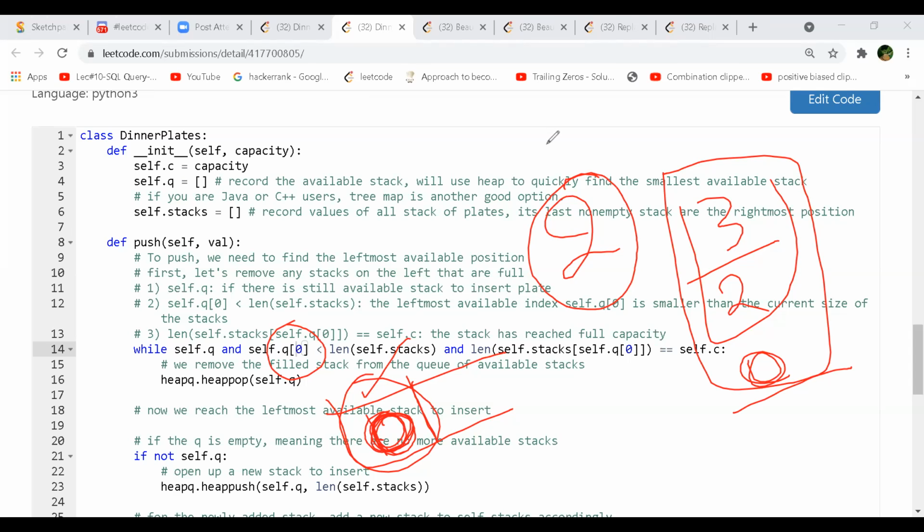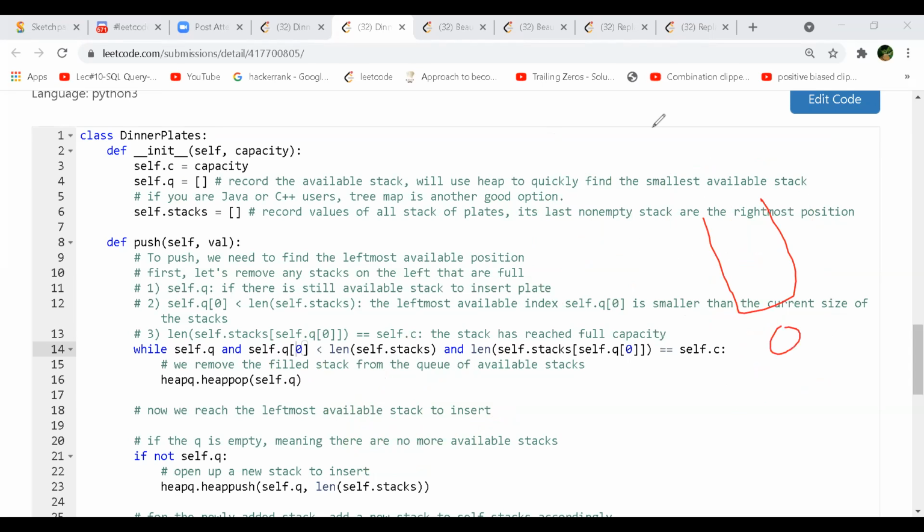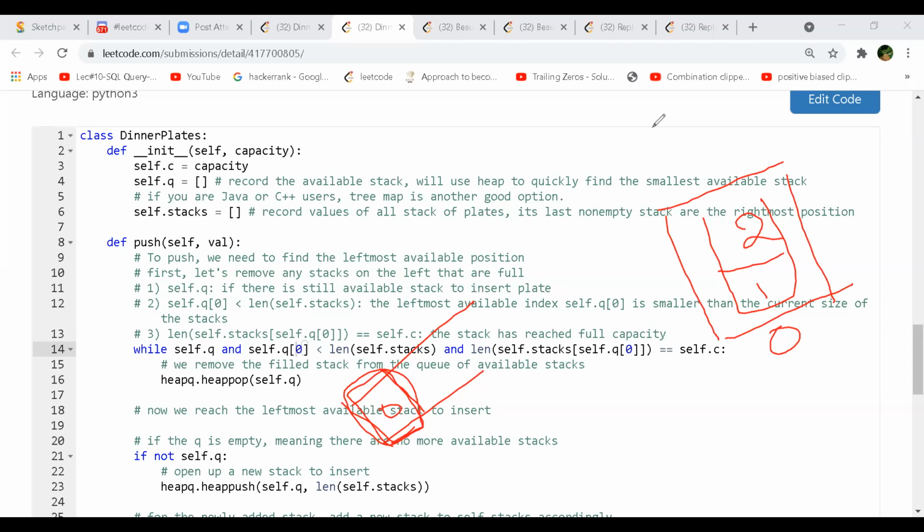I didn't get this. Wait, let's go from the beginning once. This is the initial zero stack, and this is my queue. So I pushed element one into this, and I pushed the stack number here. It's correct till now, right? Now you'll push two here, right? Shall I push this zero again? I won't be pushing anywhere, right? So how will you know that the first element of this is equal to the length of this stack, to make sure that it's full? Now we need to check the next block by pushing the element.